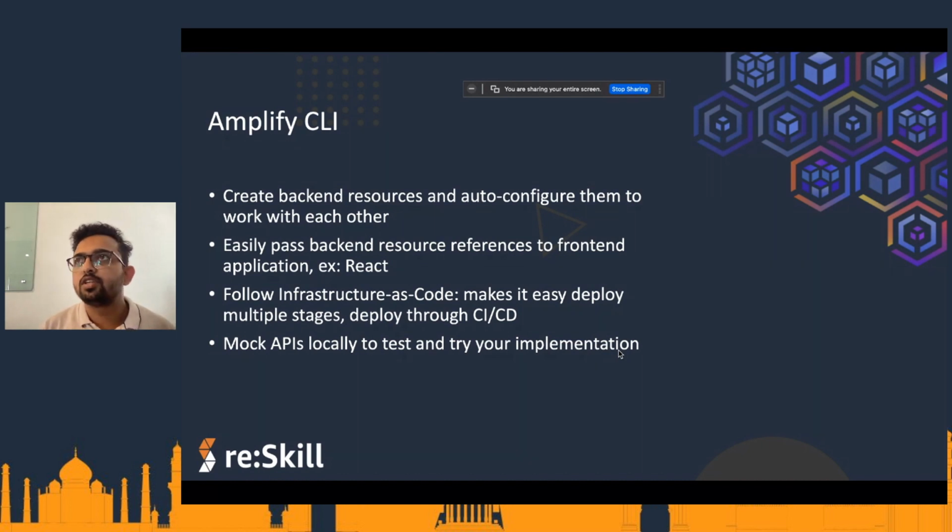CloudFormation is an infrastructure as code service from AWS, where instead of creating resources through the AWS console interface, what we can do is we can write YAML templates and define our resources in there. So you can define, okay, I want an API gateway, I want a Lambda function, I want DynamoDB, and these are the configurations for each of those resources.